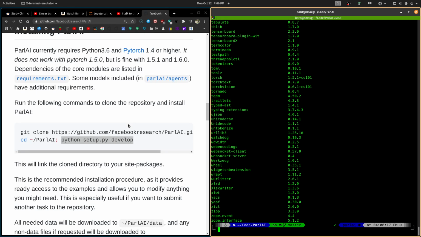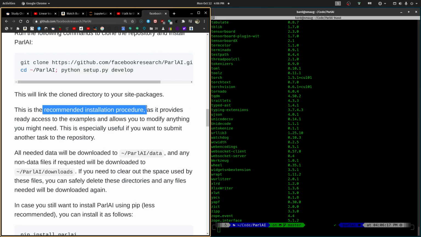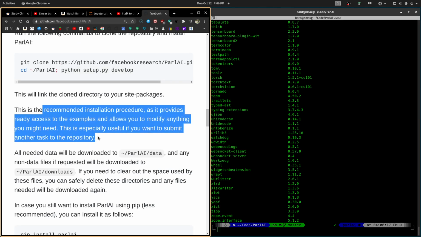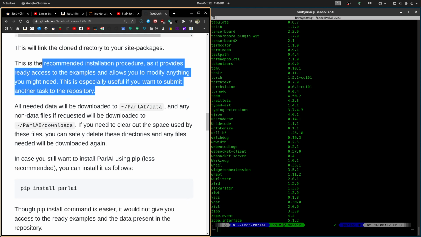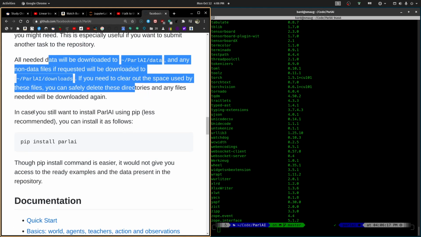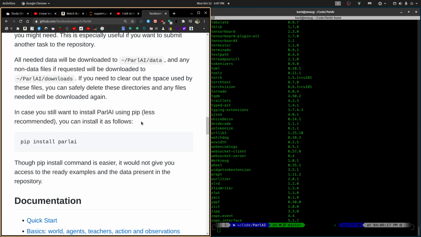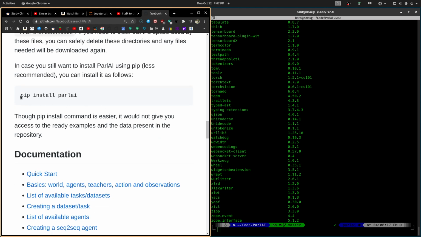This is the recommended installation procedure, blah, blah, blah. All right, so it's saying that if you don't want to go through all this stuff, you can just do this, but it won't give us the examples that we probably don't need.